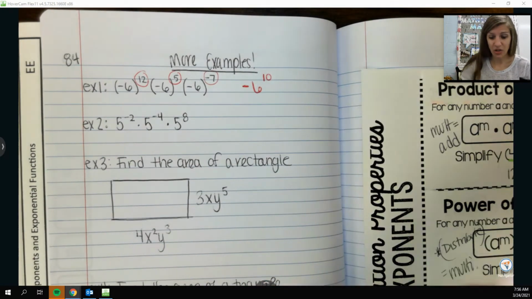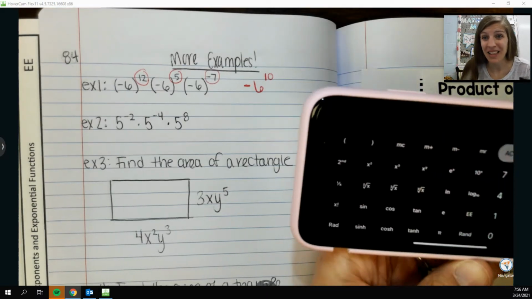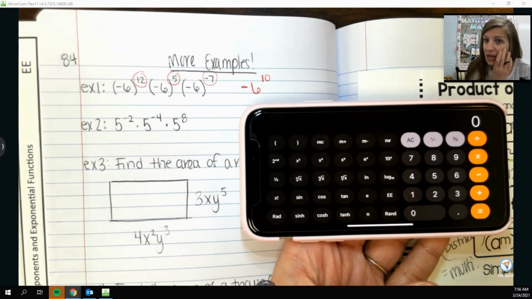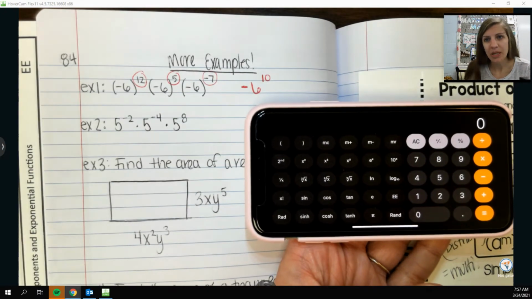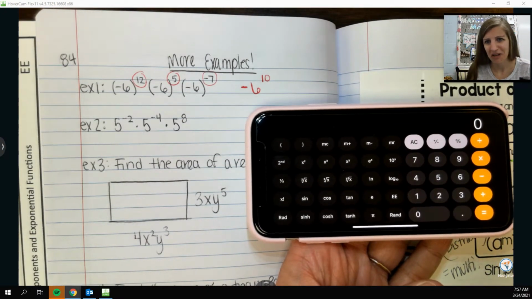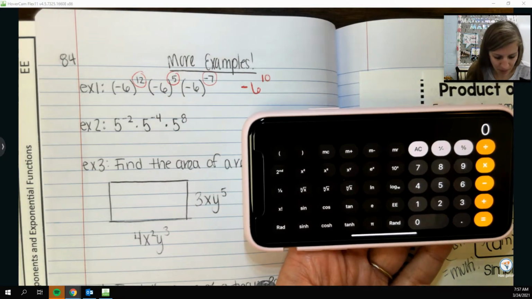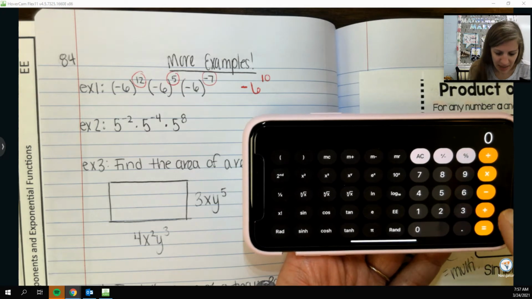Actually, our calculator is super nice, so you don't have to sit there and do -6 times -6 times -6 times -6 for 10 times, because I might lose track. But if you are using an iPhone, and I'm pretty sure there's a button for this too on Android, but if you're confused about how to use your Android, let me know. If I type in